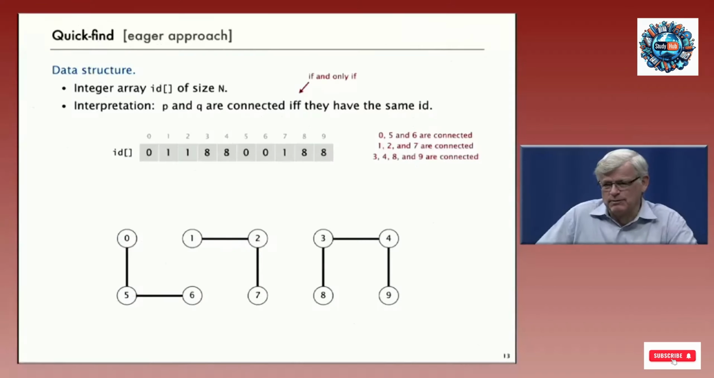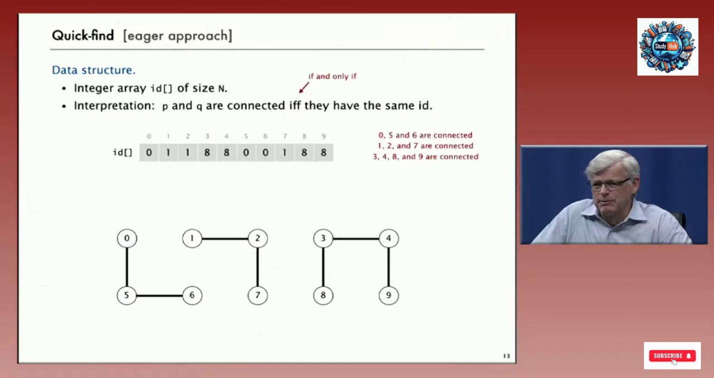Now we'll look at our first implementation of an algorithm for solving the dynamic connectivity problem called quick find. This is a so-called eager algorithm for solving the connectivity problem. The data structure that we're going to use to support the algorithm is simply an integer array indexed by object. The interpretation is that two objects, P and Q, are connected if and only if their entries in the array